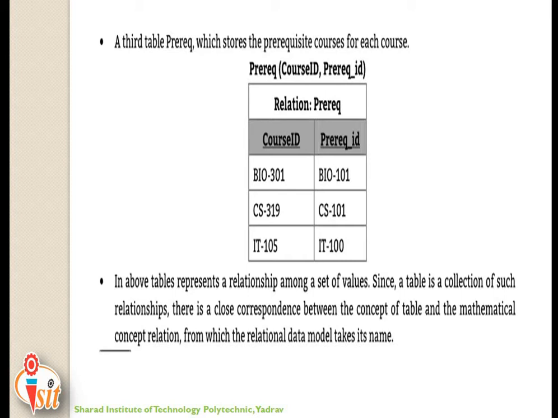Now here prerequisite is the relation. The schema is course ID and prerequisite ID: the current course ID and the prerequisite ID. What do you need to know to learn the current course? That is the prerequisite ID.